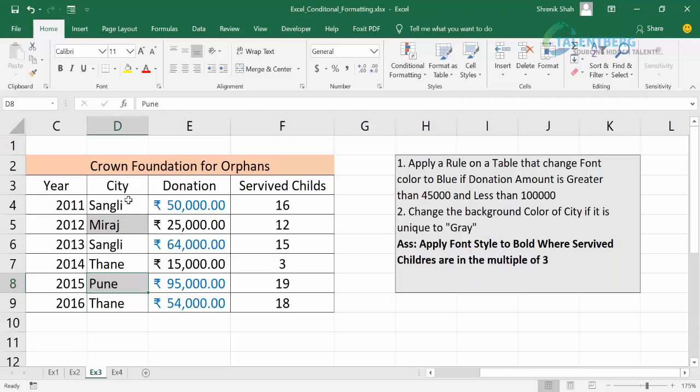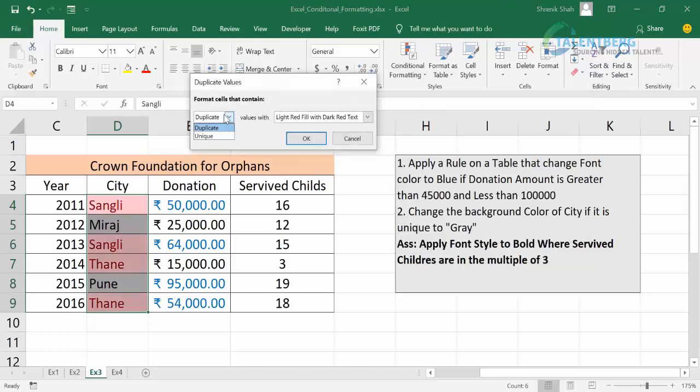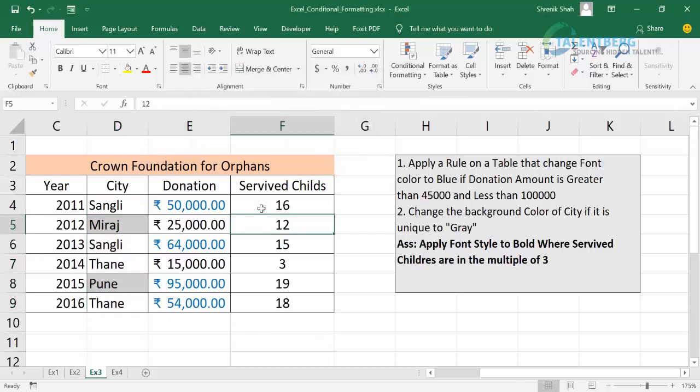I'll show you again. First you need to select conditional formatting, highlight the cell rule, and from more rules, the duplicate values, here you either select duplicates or select unique, and you can choose which color. So this way you can change a color scale.